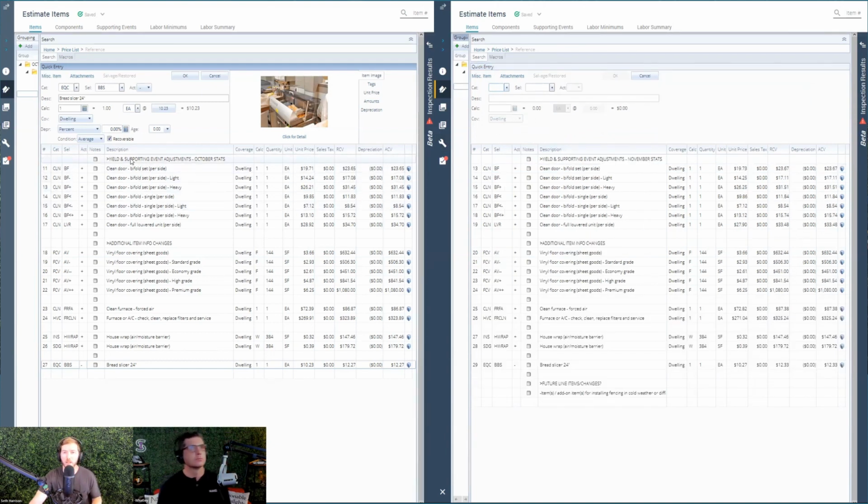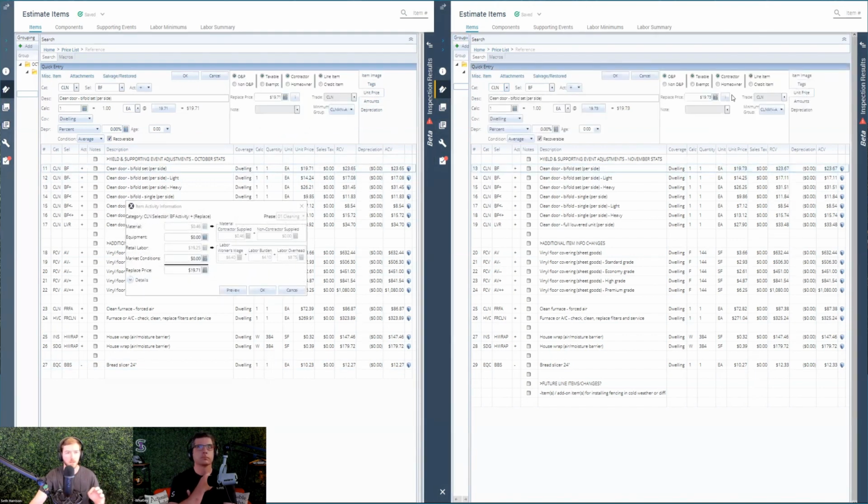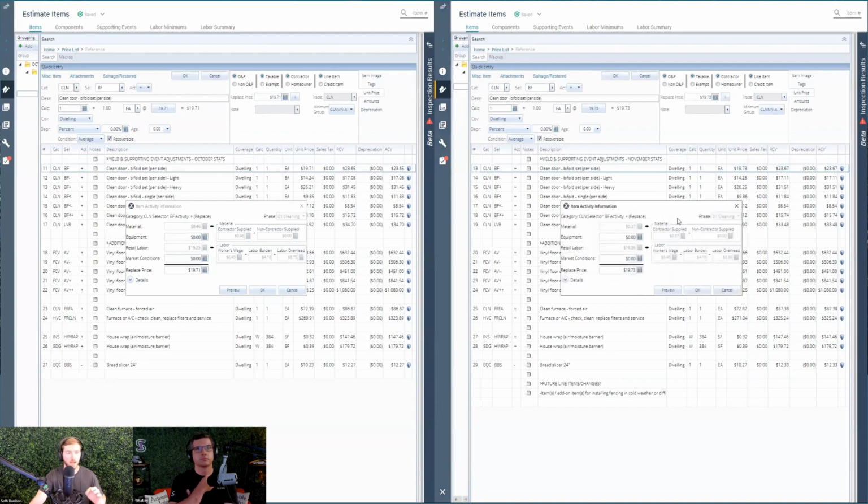Yield and supporting event adjustments. Yield meaning productivity. Whenever you change the productivity of a line item, the price ends up changing as well. These clean door bifold sets were all adjusted in the slightest way. In fact, if you dive into the details here, going to the unit price, the I for information,